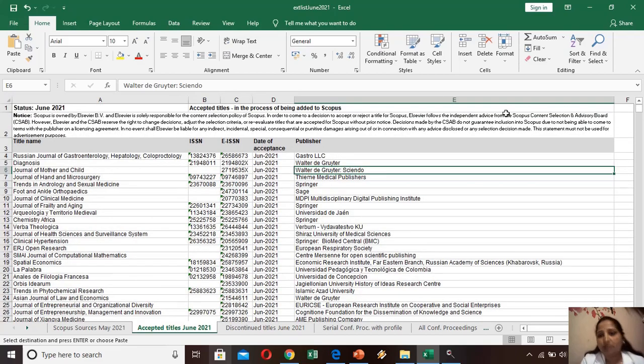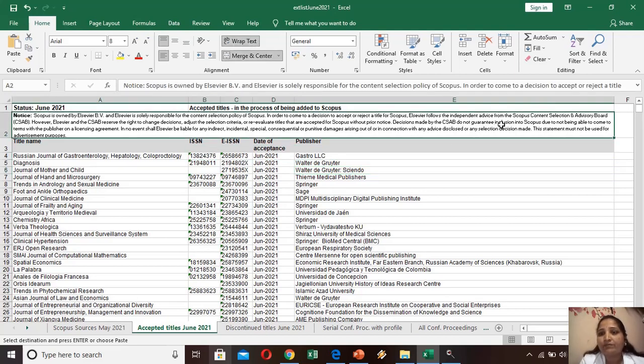But the only thing is, here they have mentioned that Scopus does not guarantee inclusion, due to not being able to come to terms with the publisher on a licensing agreement. The publisher has made an agreement, but if he doesn't fulfill the agreement rules and regulations, then the journal may be removed from the list of Scopus.